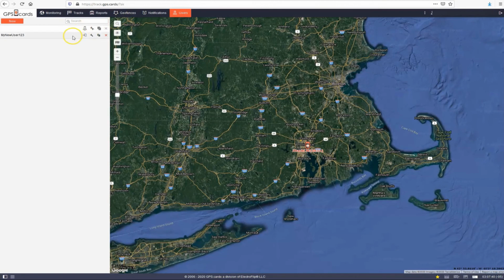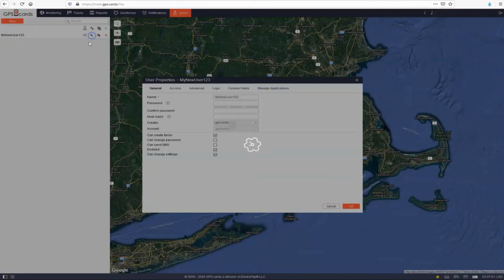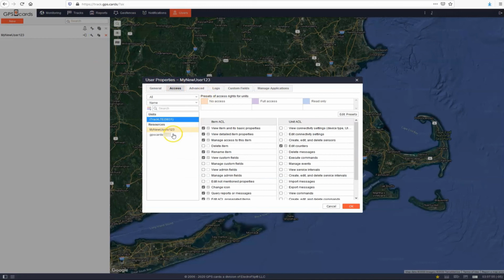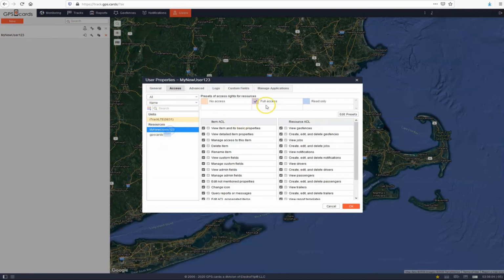And we'll click back. Now we're going to click on the little tool here that shows us how to edit the user properties. Under access you'll see that we have already given this user, my new user 123, full access to his own my new user 123 resource bucket, but he has no access to the main account, GPS cards.